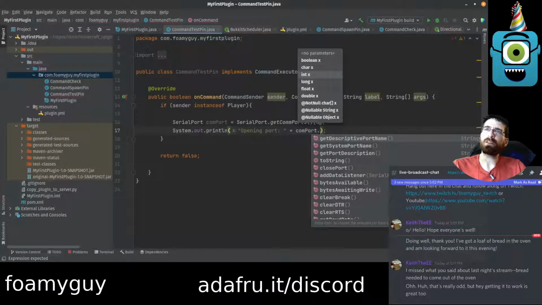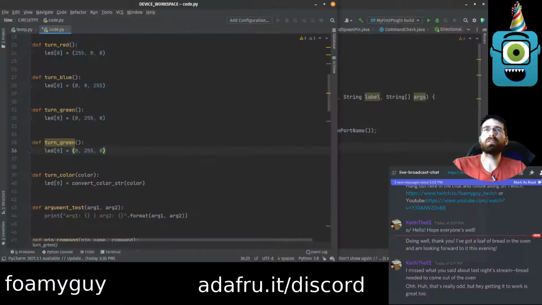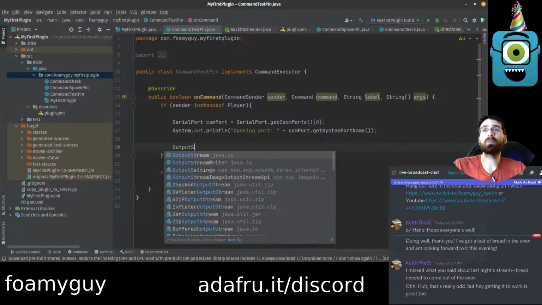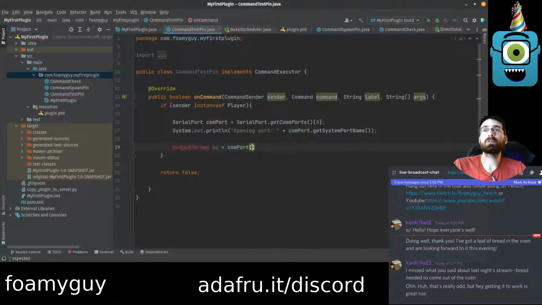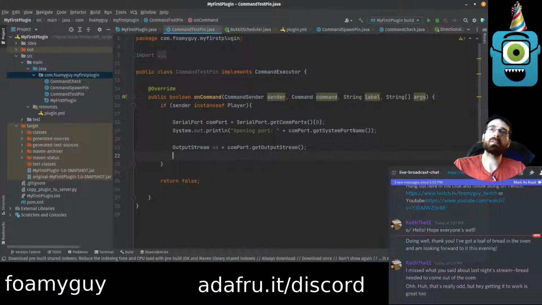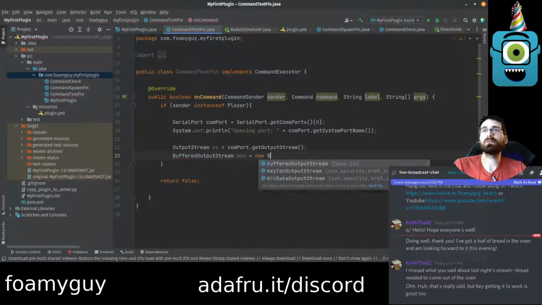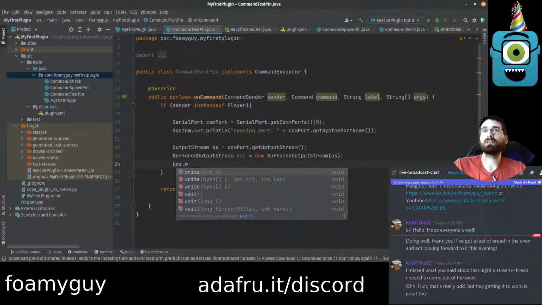Port. I think this was get. This is what we want. Yeah, this will be like /dev/tty. Okay, open the port and just call write bytes, or well, open an output stream. So let's say output stream os equals com port get output stream. Yeah, can we make a buffered output stream? Yeah. BOS is new buffered OS. Yeah. Now we can just say